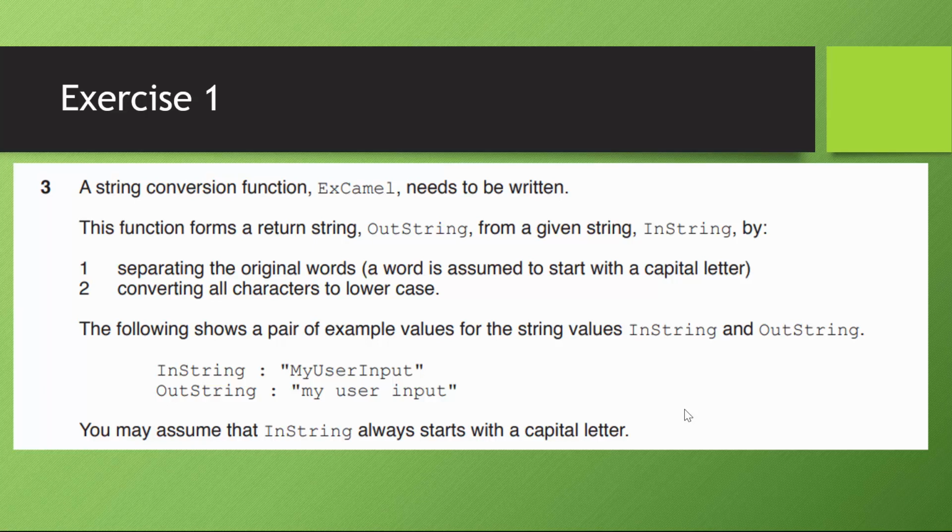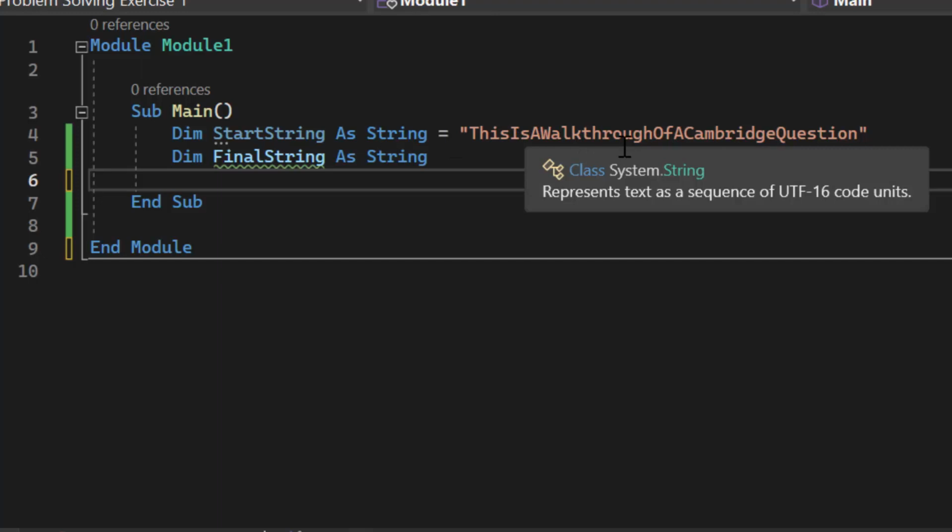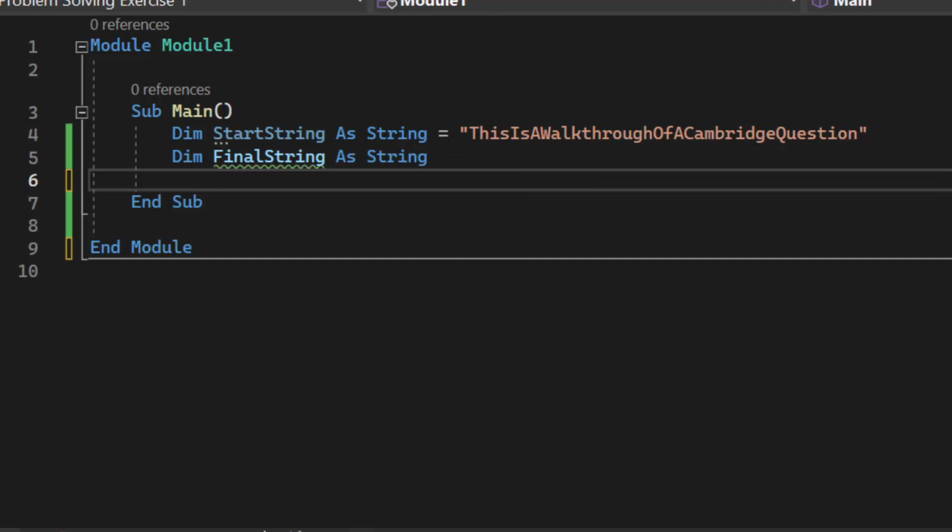So let's swing over to VB. Let's program this xcaml function with a parameter instring, return an outstring that separates all the words. Let's go ahead and swing over and do that now. All right, we're in VB. We're going to code out that function. I have 2 variables, start string. This is a walkthrough of a Cambridge question. So the expected result is to have each of those words separated by a space, of course, and to have it all lowercase,